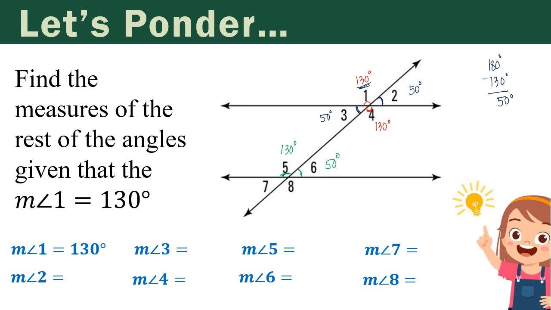Apart from that, there's also another way. For example, you can apply the same side interior angles. As we recalled a while ago, same side interior angles are supplementary. Now, looking into angle 4 and angle 6, they are an example of same side interior angles. Take a look at the measures that we've got. 130 and 50 degrees sum up to 180 degrees. Thus, they are actually supplementary.